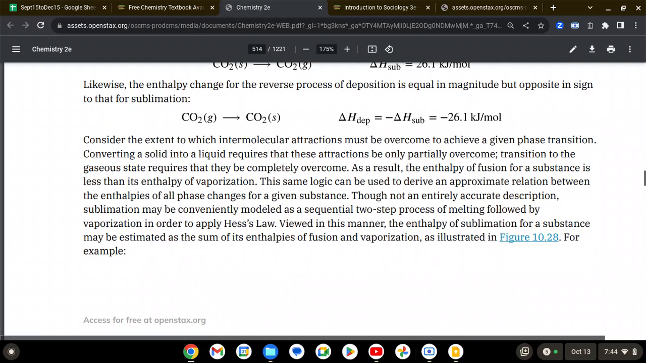Though not an entirely accurate description, sublimation may be conveniently modeled as a sequential two-step process of melting followed by vaporization in order to apply Hess's law. Viewed in this manner, the enthalpy of sublimation for a substance may be estimated as the sum of its enthalpies of fusion and vaporization, as illustrated in Figure 10.28. For example,